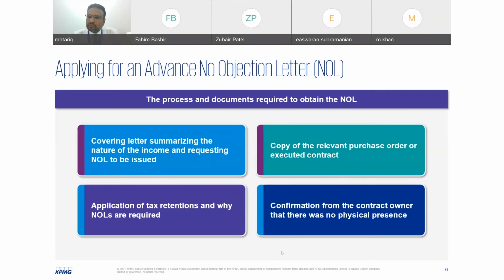So the question regarding why does the NOL take so long if the tax treaty is applied is that to apply the tax treaty, you have to have filed your return, gone through the inspection process, gone through the assessment process. So therefore, you're in that full compliance model rather than the advanced NOL. And I think that was a good question, because obviously it does come as a surprise sometimes to clients that I'm exempt. I know I'm exempt under the treaty, and the end result may also be agreed that way with the tax authority, but the process is still there. And time, it does take time. Indeed, it does take time.